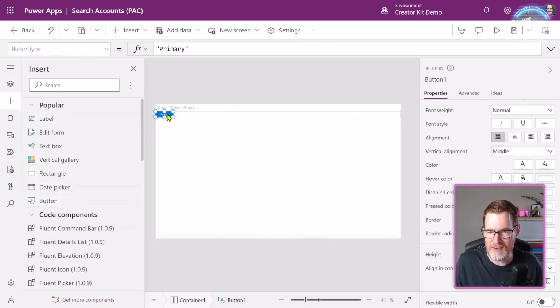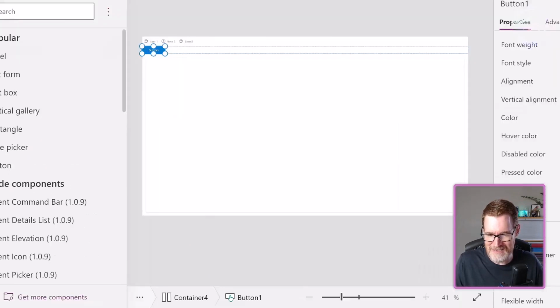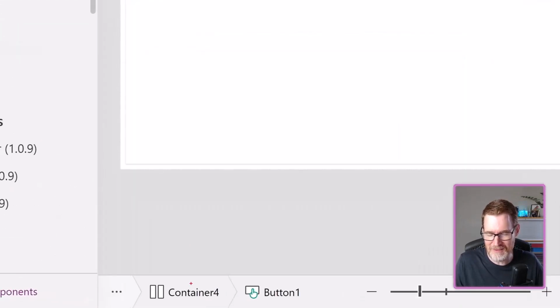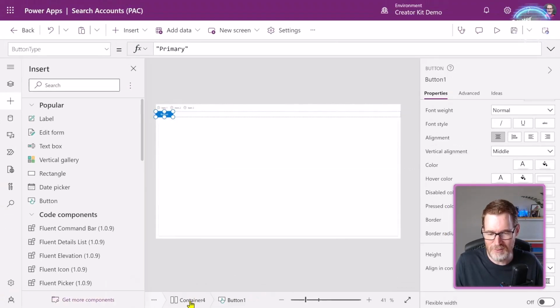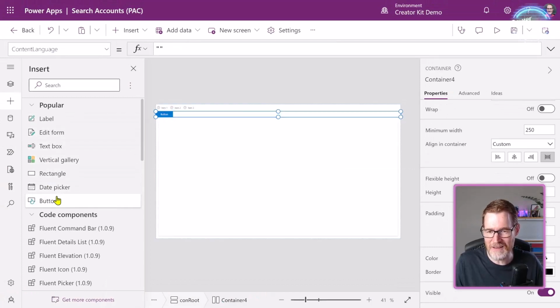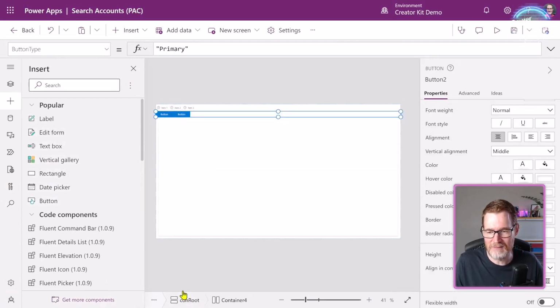So when I add a button in, just by adding it from the insert, I need to always make sure that I reselect the root container. Otherwise, it will not add into that container. So every time I add a button, I reselect the root container, and it keeps on adding it into the root container. So we've now got 3 buttons, but you can see here that they are butted up against each other, which isn't very useful.